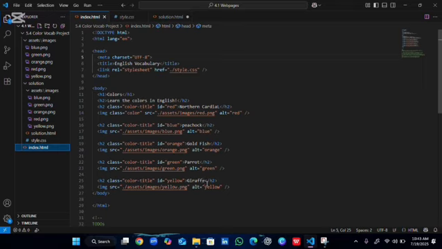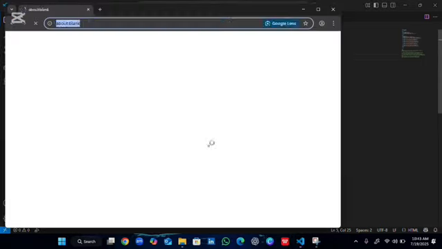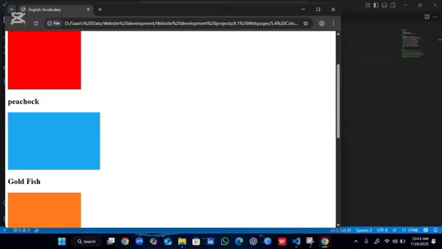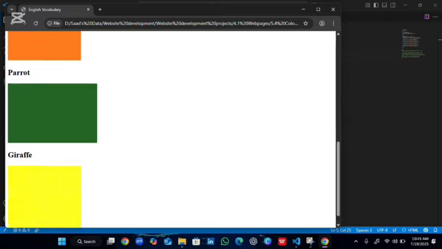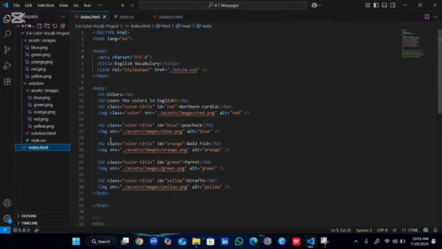So when I run this project, here is the interface: learn the colors in English. The Northern Cardinal is in red color, the peacock is in blue color, the goldfish is in orange color, the parrot is in green color, and the giraffe is in yellow color. So these are the colors that we have learned from the color vocabulary, and you have to name them here, like the Northern Cardinal or the parrot, whichever you want to write, but you must not change these